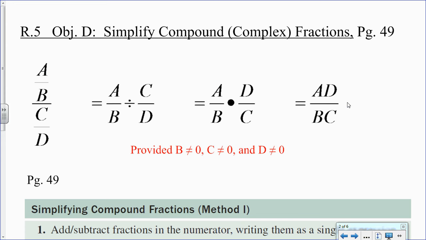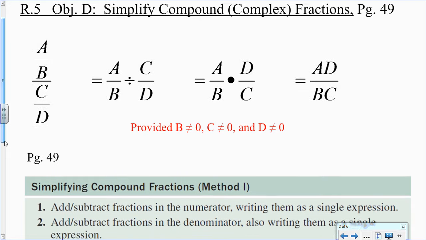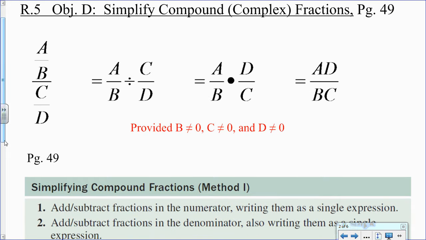So R5, we're going to talk about complex fractions, and what complex fractions are. They're fractions inside fractions. So what we have is AB over CD. So instead of looking at that as a fraction, the operation for fractions is division. So if you write it as division, then you kind of see what's going on. So really we're doing AB divided by CD, which means you do AB times DC, and that gives you AD